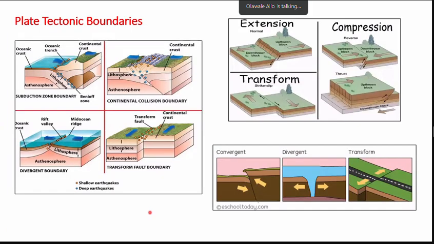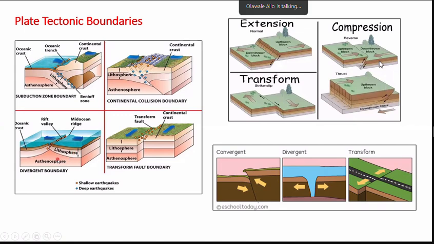Now, the first one is plate tectonics. This is the subduction zone boundary. This is the example you can see. This is the oceanic crust, with the water body, going under the asthenosphere, which is after the lithosphere. You can see these small blue circles. These are zones of earthquake, potential areas where earthquakes can occur. There could be eruptions around all this area. Mountains will start building, continental crust and mountain ridges will start building because of the subduction that has happened here.